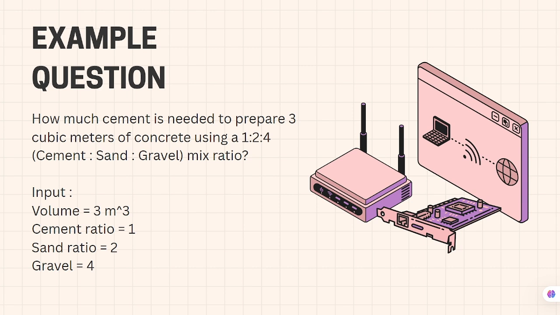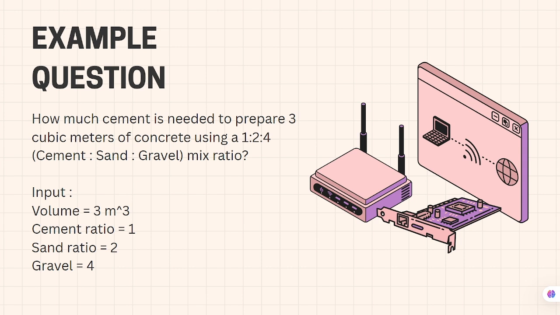The next one is the example question. To test the program, I used a sample question, which is how much cement is needed to prepare 3 cubic meters of concrete using a 1:4 mix ratio. After entering this data into the program, it calculated the results very quickly and accurately. The output showed that approximately